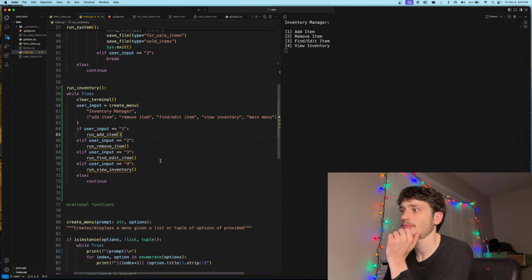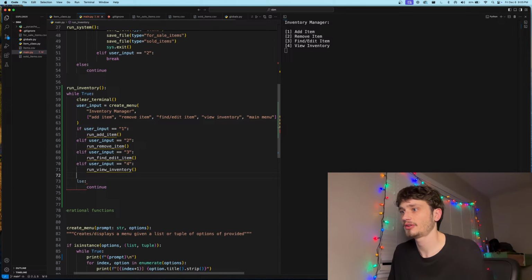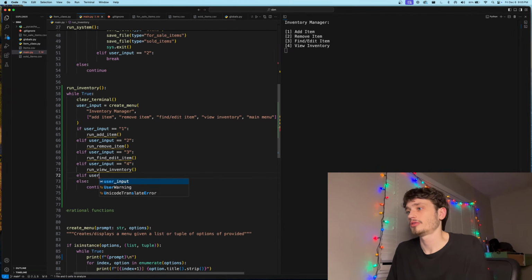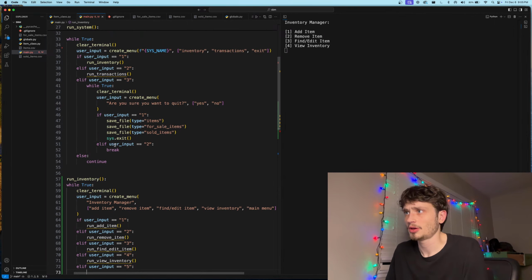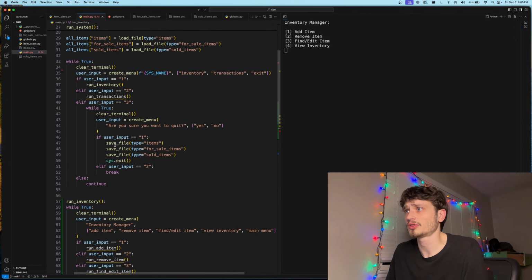So we'll add a main menu option here, and then we'll need to add in another elif condition. The user input is equal to "5". If they go to main menu, we want to call